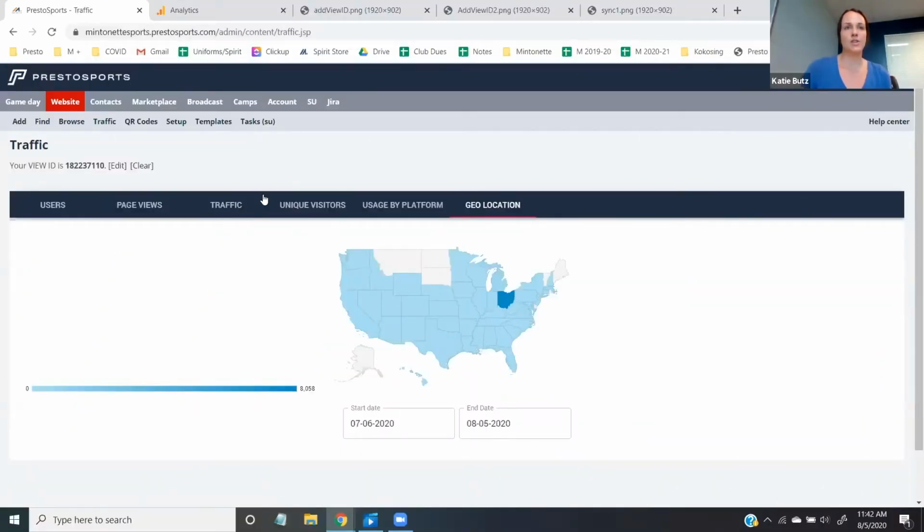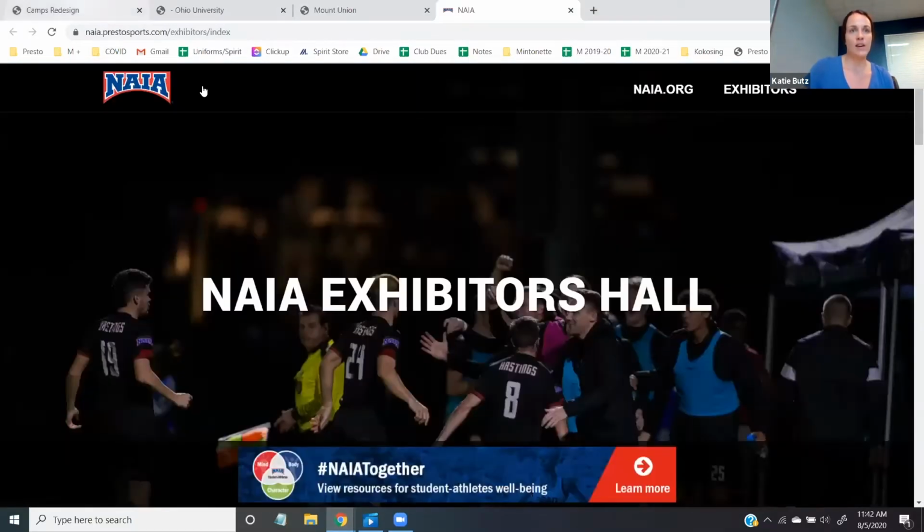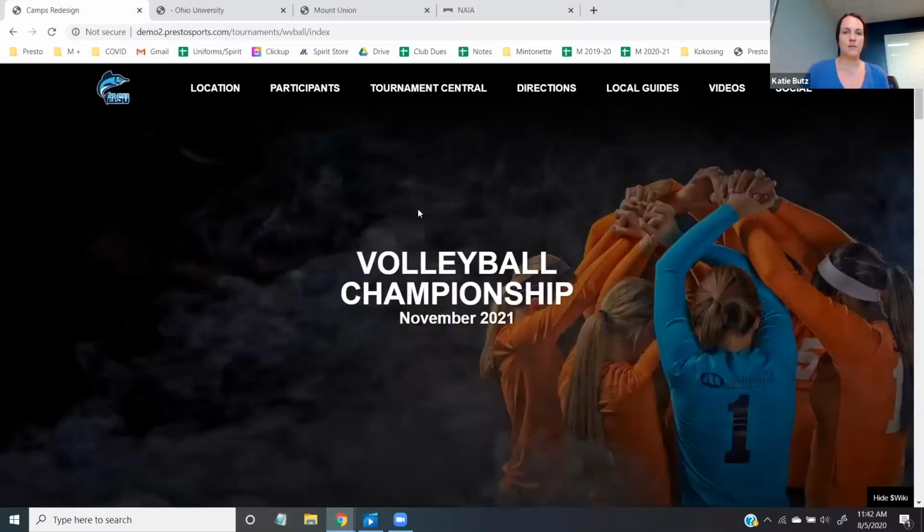Okay, great. So next up, I will touch on our tournament pages. Some of you are maybe familiar with this already, but we have what we call our Tournament Central page. This is most commonly used for tournaments, which is why we call it Tournament Central page. But as I'll show you in a moment, you can really use this for a lot of different